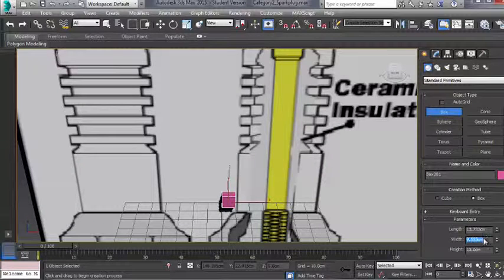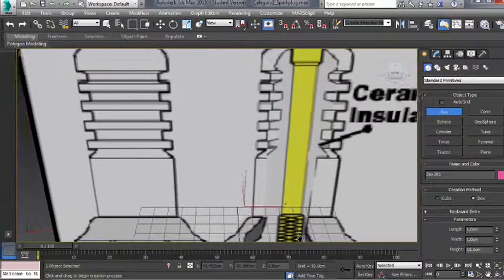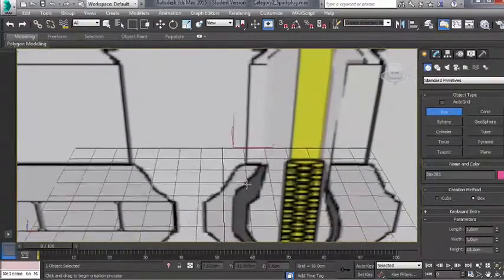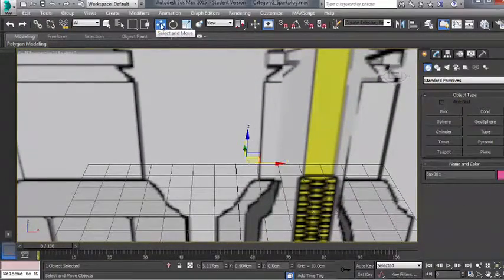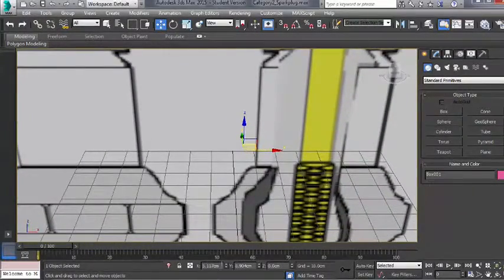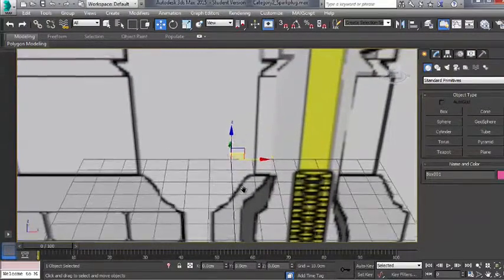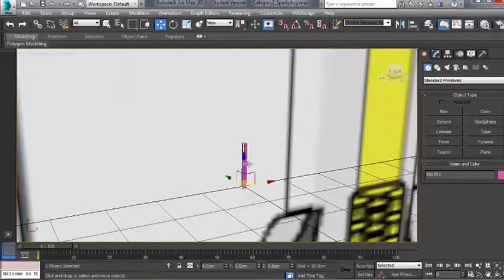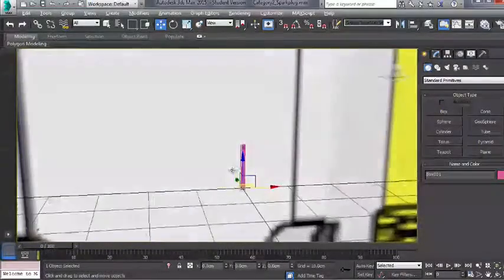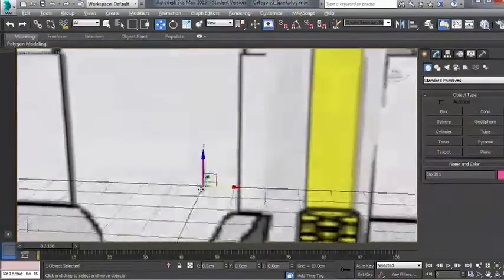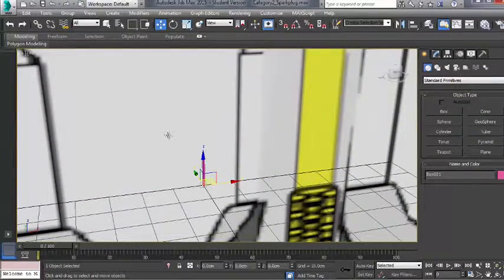And then I'll just turn these down to 1 and 1 just to fit things within the screen. Pressing W to get select and move, I'm going to right click these wheels to just center that right in the middle of the scene. So there it is, and that's our reference object of the length that we want this spark plug